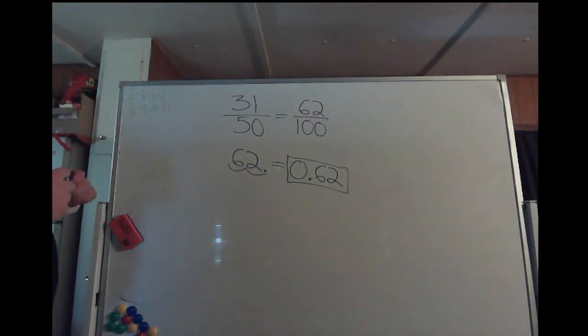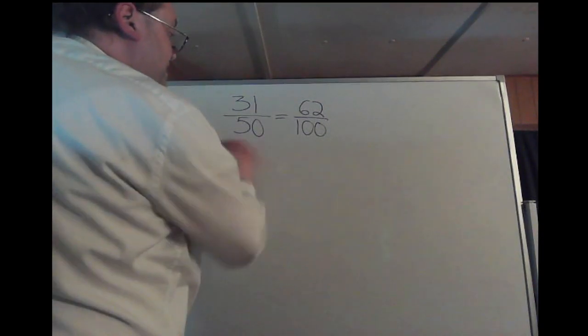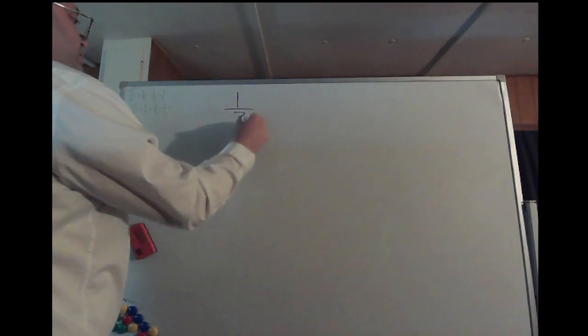That would be the value for 31/50ths. I got 3 more examples here, and these next 3 are very different. Let's say you have 1/3. Well, here's the thing about 3. We know 3 doesn't go into 10, or to 100, or to 1,000, or in fact any power of 10